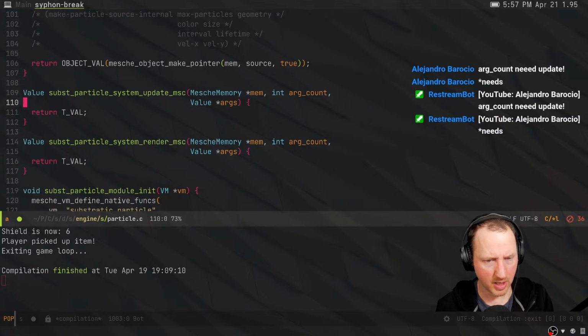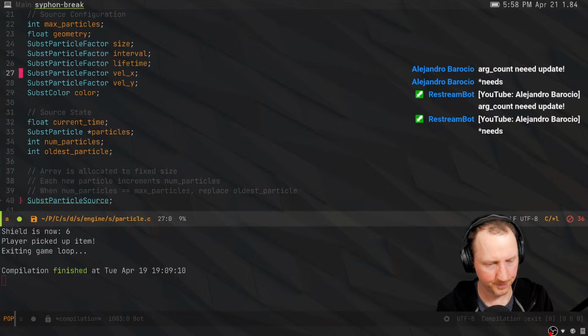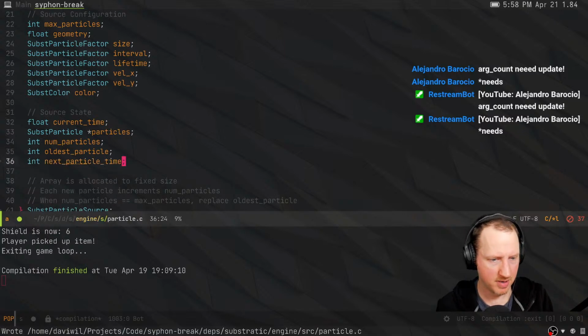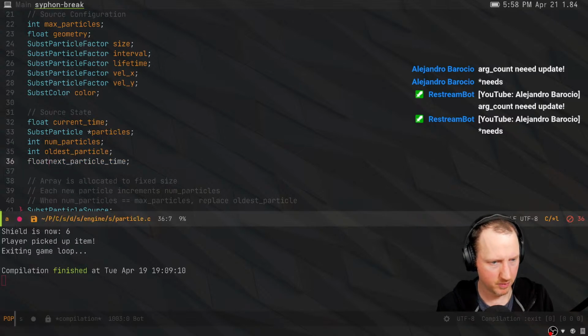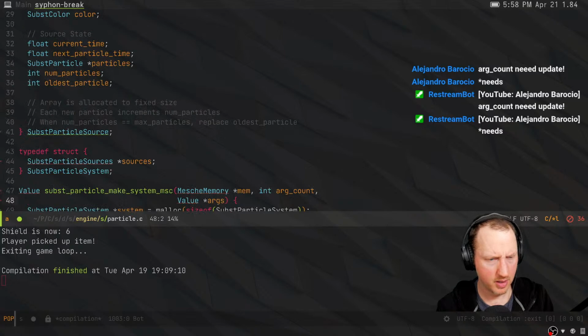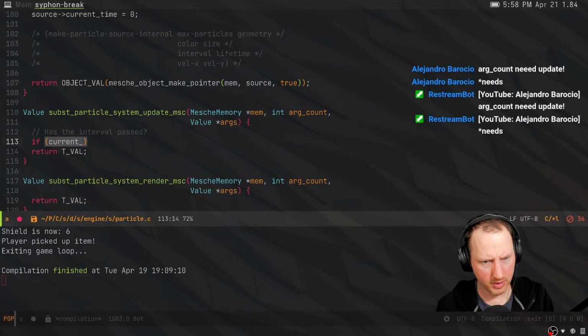So then system update. Now, has the interval passed? Now, probably also need some state for next interval. Int next particle time. How about that? Oh, not int, float. Now let's put this right here. Okay, so current time, then next particle time. So then update function. All right, so if current time is greater than or equal to